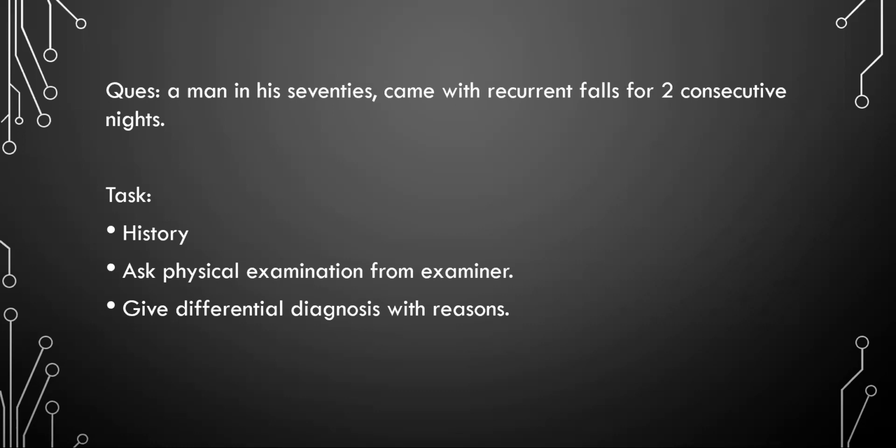Then go to the differential diagnosis. You know all the differential diagnosis that we talked about. I'm not going to discuss it because we will do some other fall cases so that you can remember also. So all the differential diagnosis of falls we will ask here. When we find that it might be a postural hypotension case, then your main focus would be to find out the underlying cause, which is not a large number of causes.